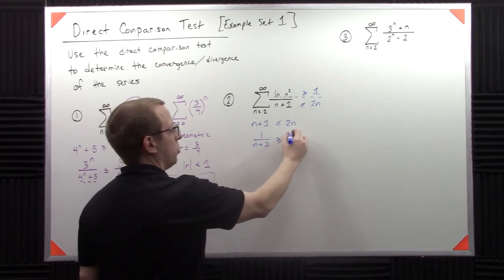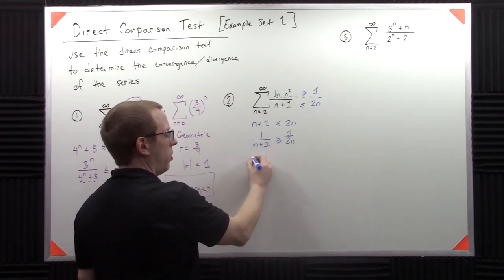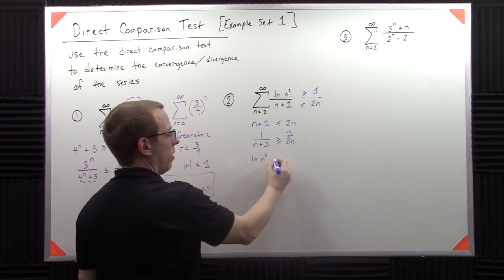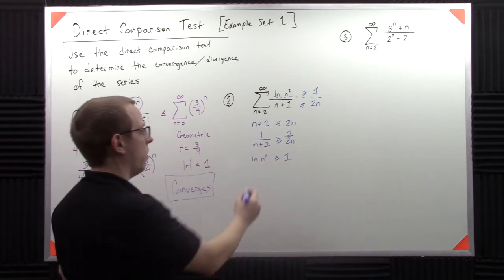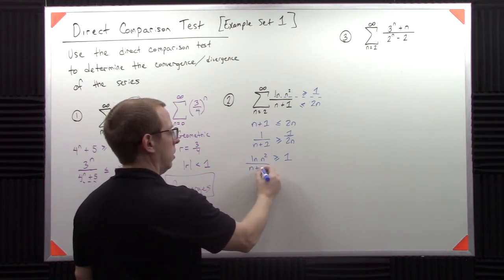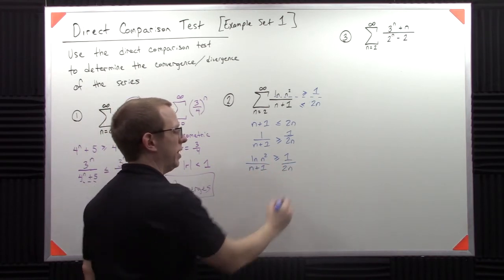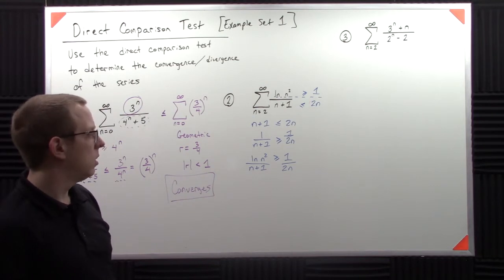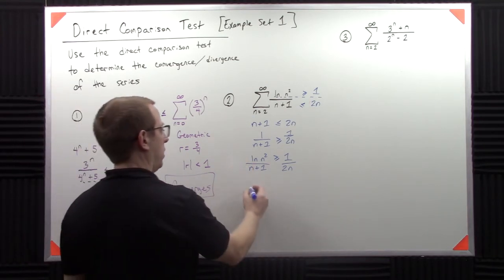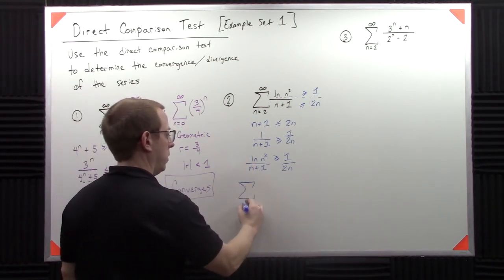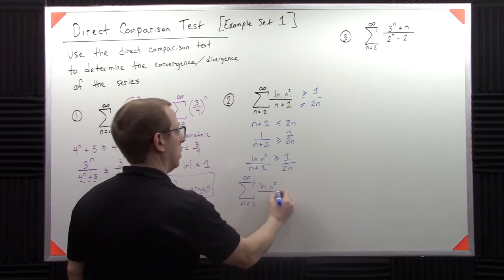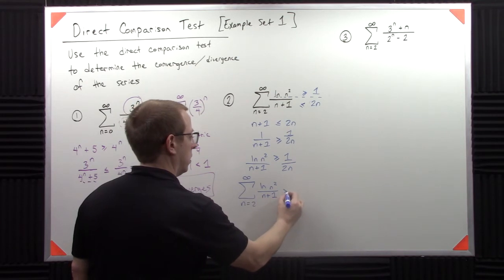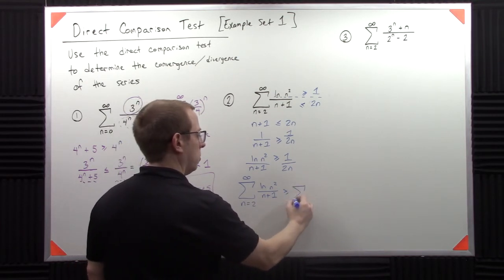Oh, sorry, 1 over 2n. And I know that the natural log of n squared is greater than or equal to 1. So I know that that holds. So then I can say, all right, this sequence is greater than or equal to